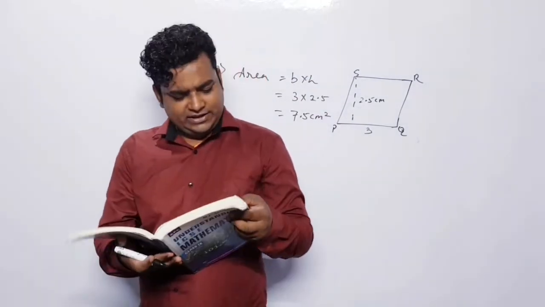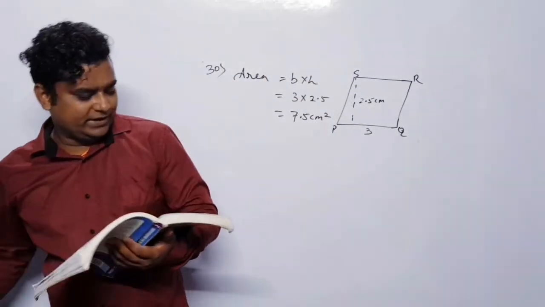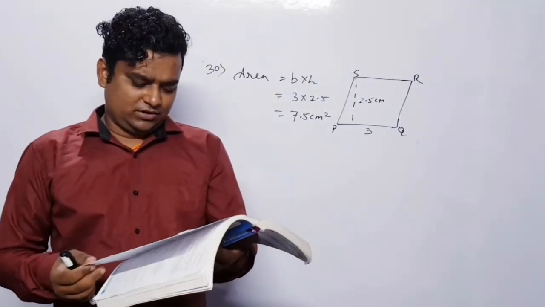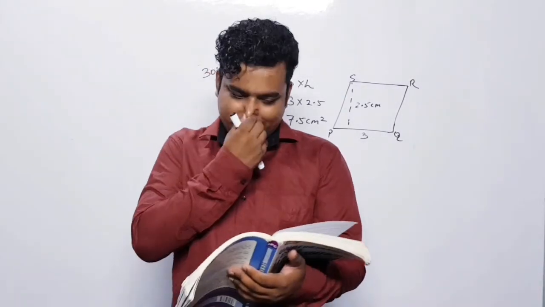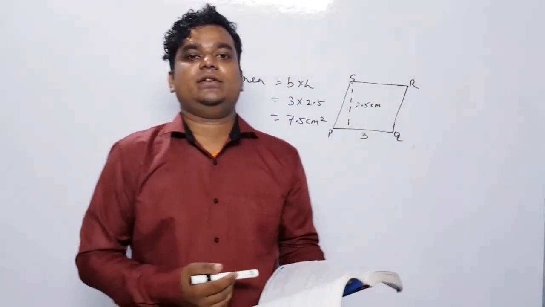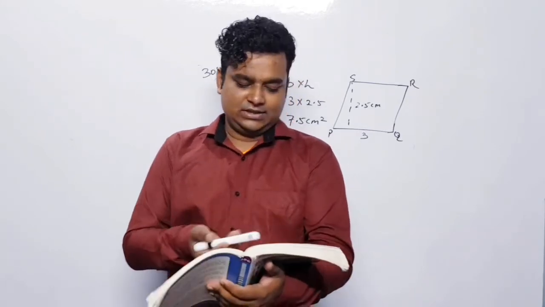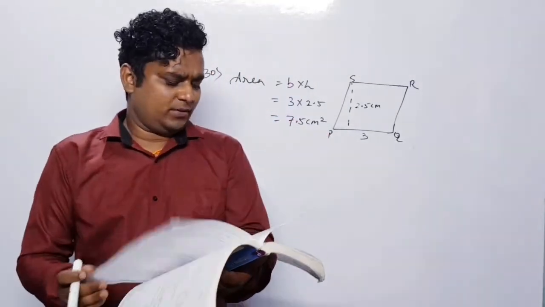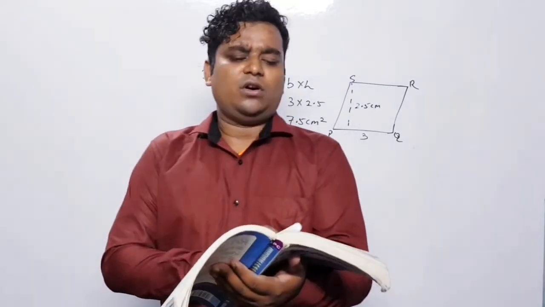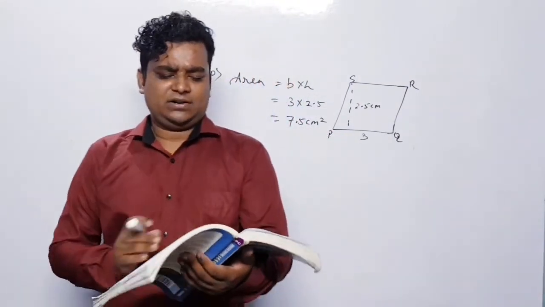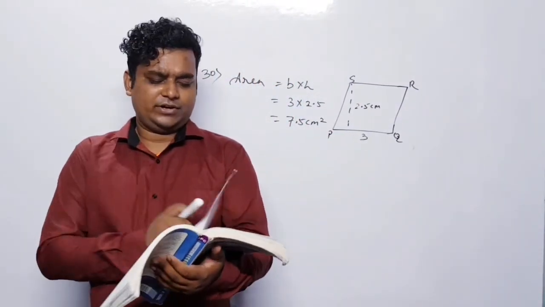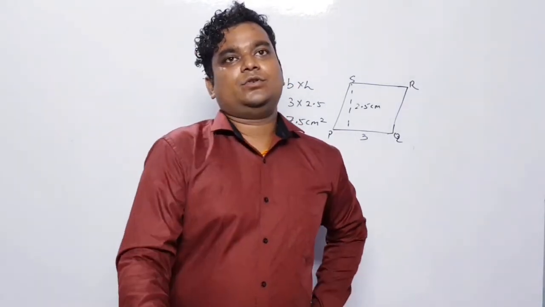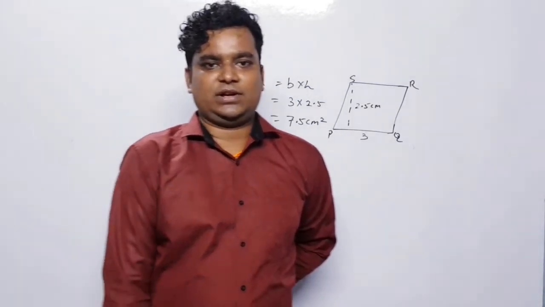So a few of the questions are very easy in this. Up to question number 30 you all have to complete. So now what you have to do, you have to solve all the questions up to question number 30. A few of the questions I have discussed; whatever doubt you have, you can ask me, and we will continue with the next questions, question number 31 to 40, in the next video. Two more videos will be needed to complete this exercise. Or in one video we will try to do that, but due to the lack of time we are reducing it to 10 questions, so you will also not face too much problem. So complete this particular exercise up to question number 30. Thank you.